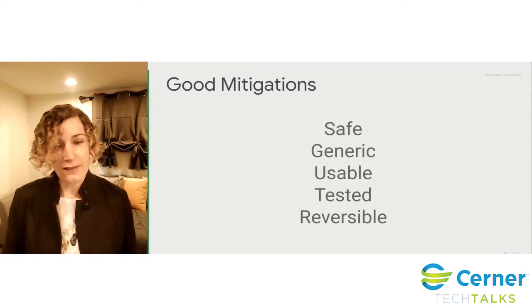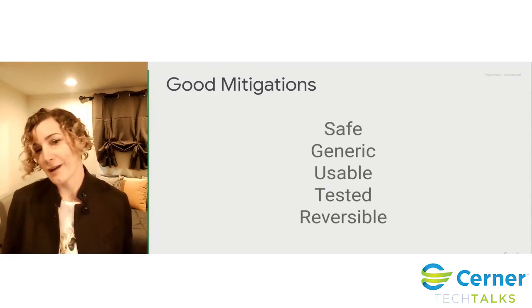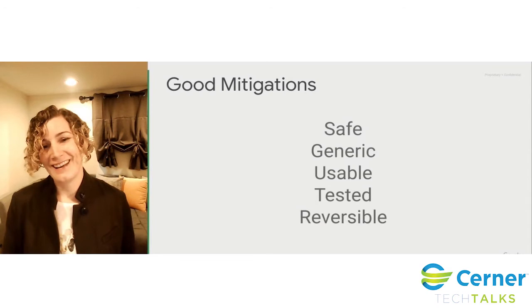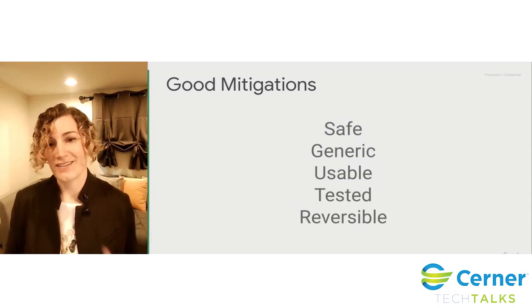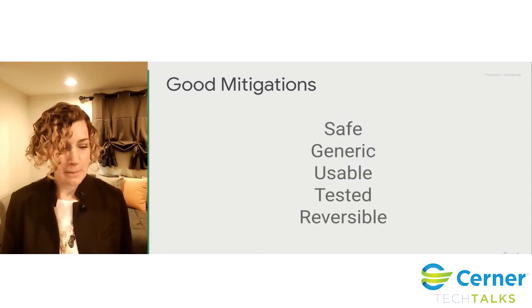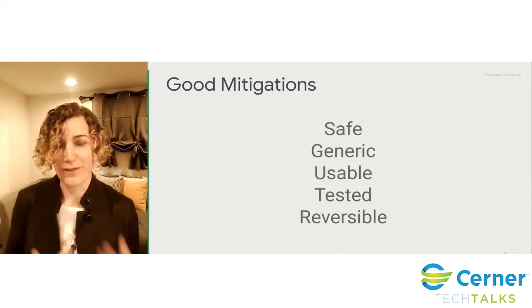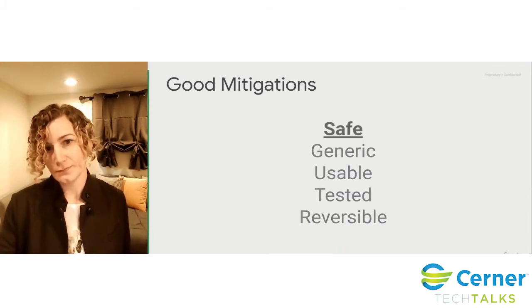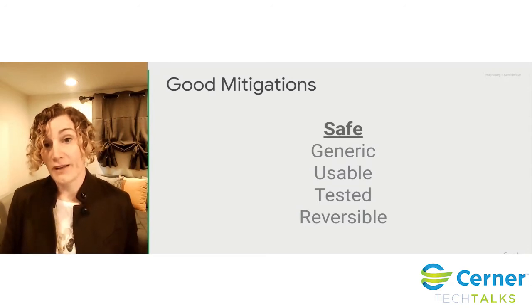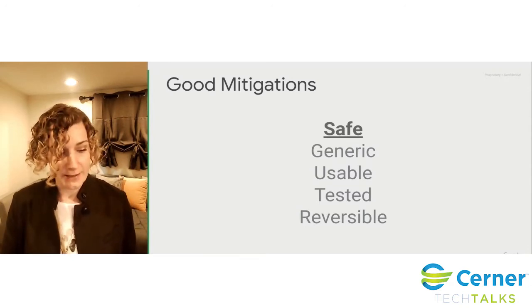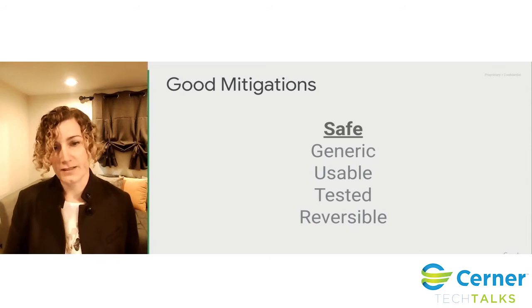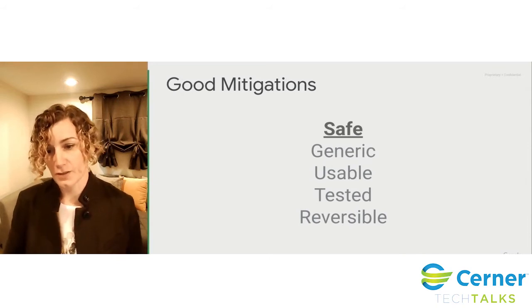And then it's code, so I actually want it to be regularly tested, just like code. And I want to have confidence that it still works even as the system evolves. And lastly, I want to be able to undo it if it didn't help, so I can remove that variable from the system. But above all, it needs to be safe. That characteristic that you can feel confident that you're not going to break the system more by executing this mitigation is really important.